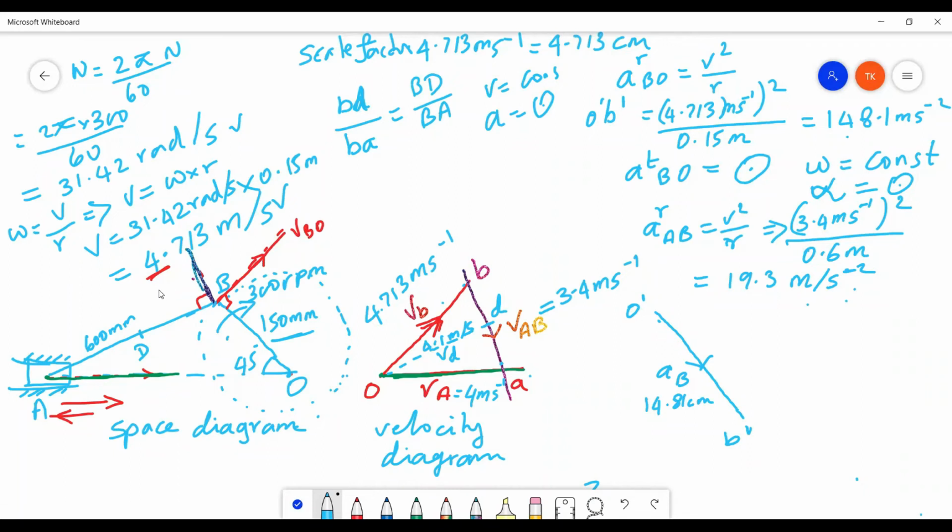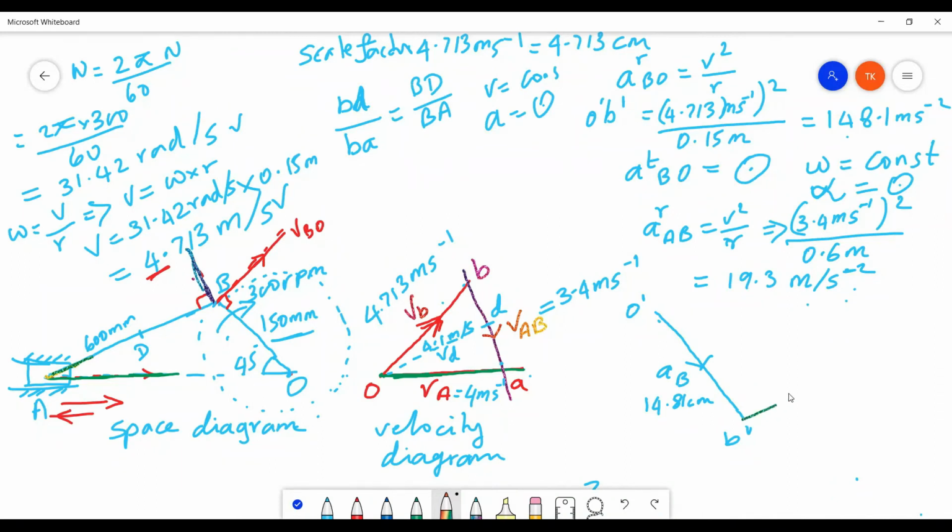These two components should be mutually perpendicular. So one is this way and the other one is this way, so it means they are perpendicular to each other. So from point B dash I will draw B dash x parallel to AB, right? Because one component is going to go in this way. Okay, I will go for another color. So one component is going to go in this way, so that I will draw like this, right?